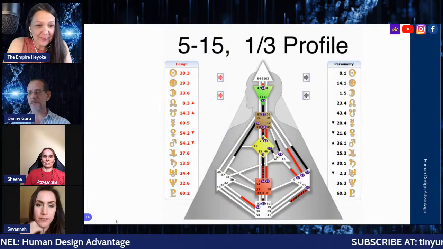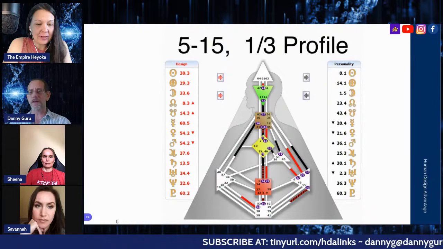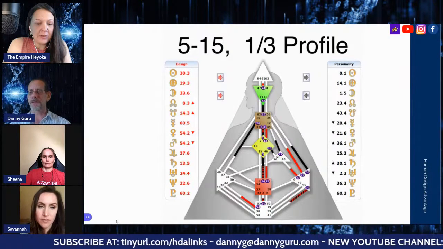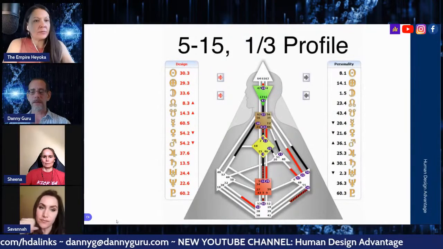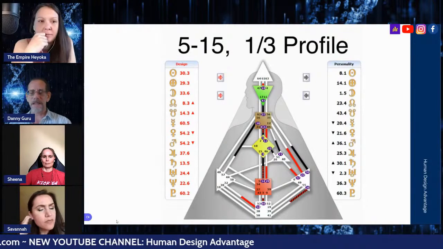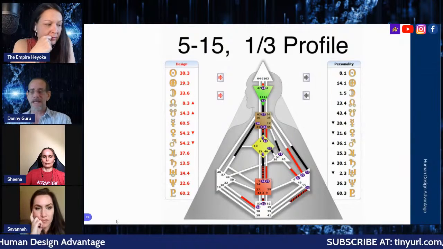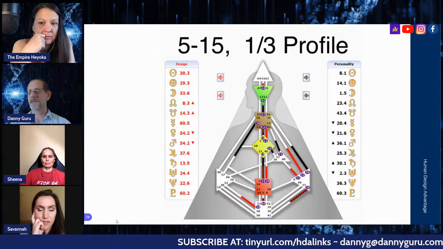So this was the last one, just to show we started over again. 5-1-5, we're totally starting over again. Totally different cross. This is the cross of contagion. This person contagiously wants to contribute their creative way, and whatever it is they're clinging to as a feeling, all they want to do is basically contribute the feeling that they want to say yes to. They want to throw all their power into contributing that once they've investigated.